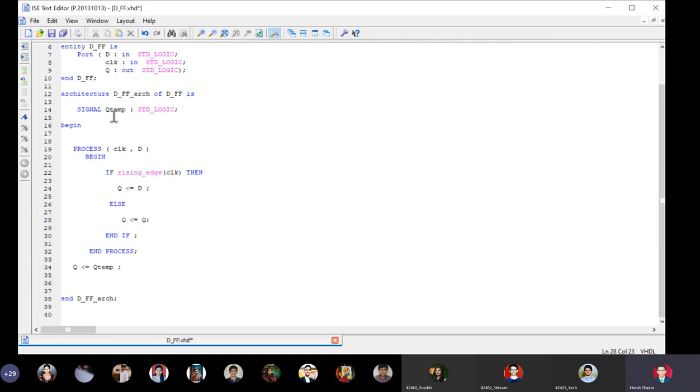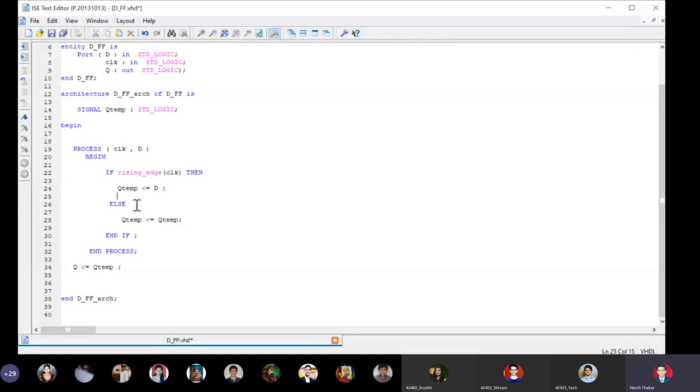That is why I define a dummy signal Q temp here, and then I will play around with this signal within the process. And then I will say if rising edge of the clock comes, then assign the input D to that dummy signal Q temp, else you assign Q temp to Q temp.